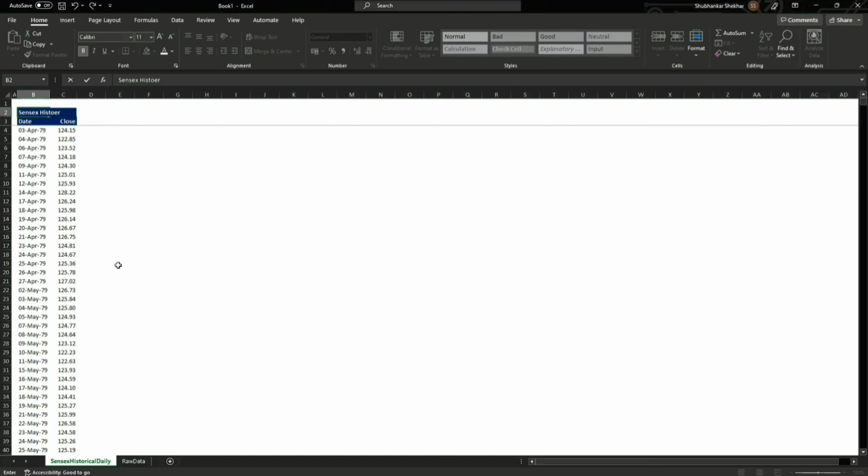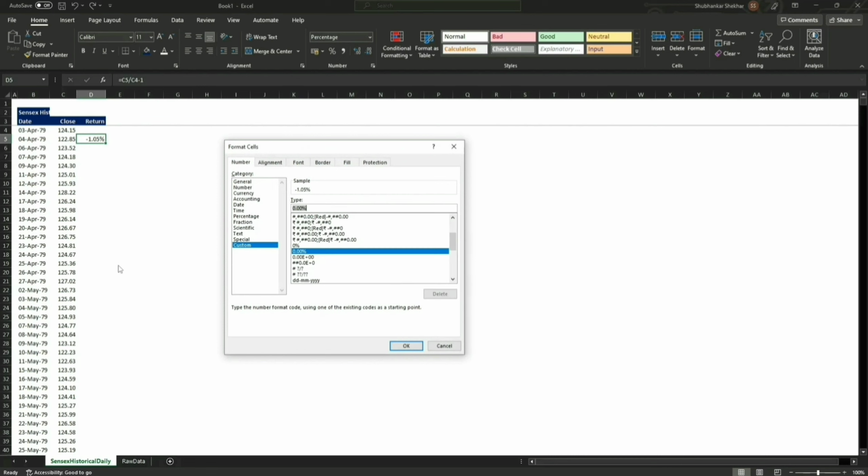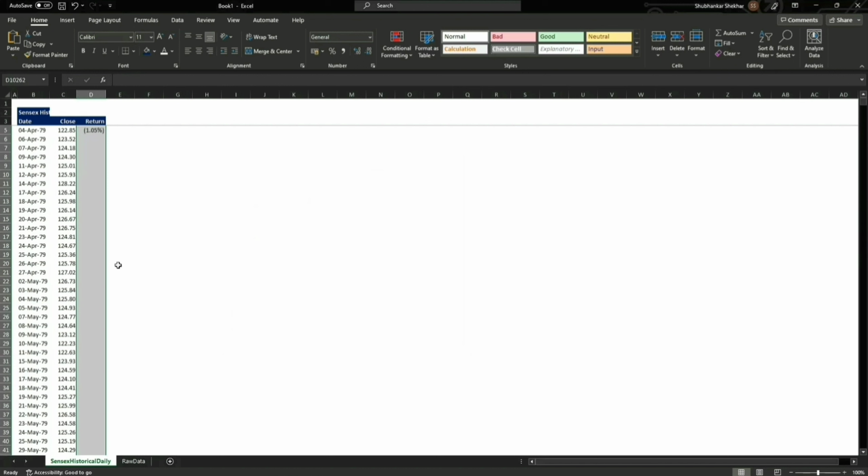Sensex historicals daily return minus 1. We're going to convert it into percentage, and then we are going to copy this, semicolon, open parenthesis, close it, semicolon, and hyphen, right?